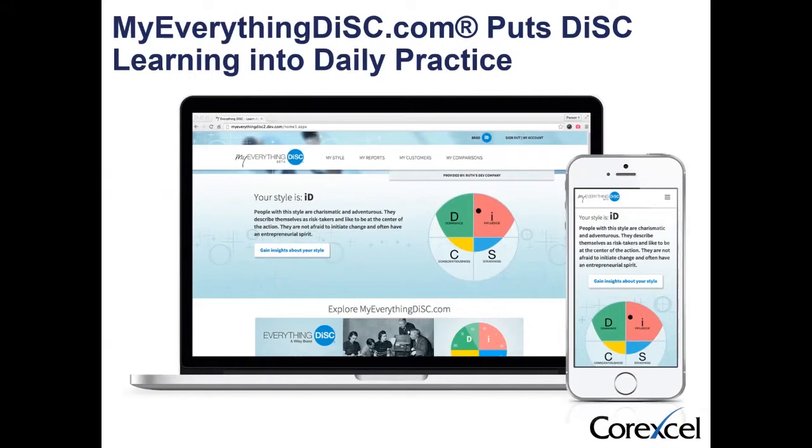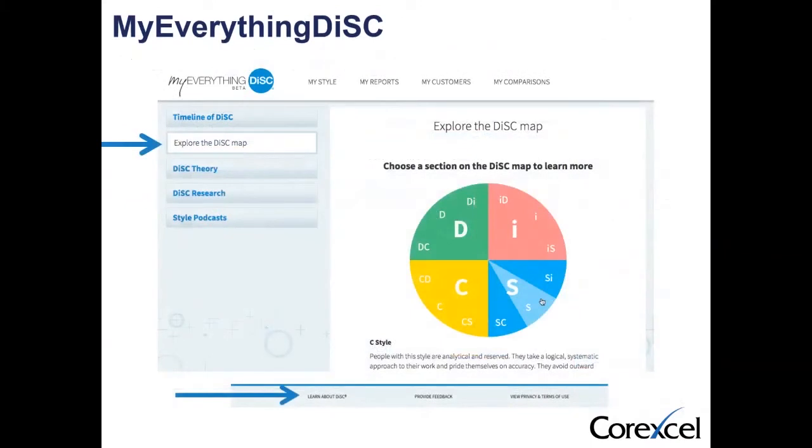It gives you information about DISC and also becomes your private web-based repository and access to your own profile results. So for example, I've taken 4 DISC assessments: workplace, management, leadership, and a conflict assessment. I can access all of those results from one portal. It's accessible by laptop, desktop, and also smartphone. And here's what it looks like. So, type of information available.